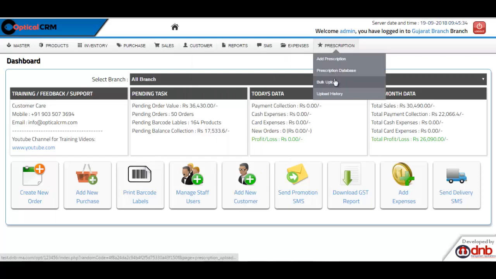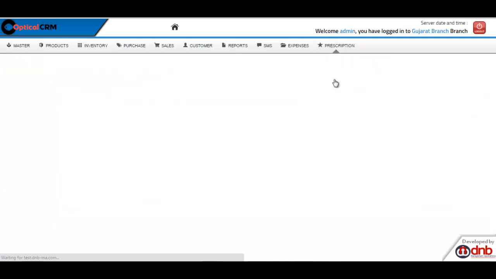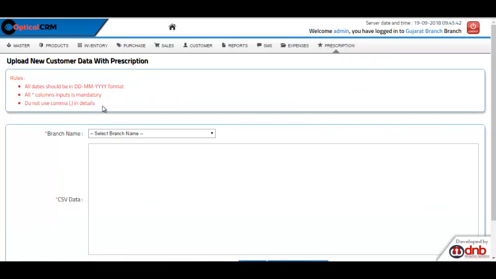and I'll go to the prescription bulk upload page. Here, as you can see, we have given the rules that all the dates should be in the format of dd-mm-yyyy, and columns that are marked with a star are compulsory, and we should not use any comma in any of the details like address, name or email address.